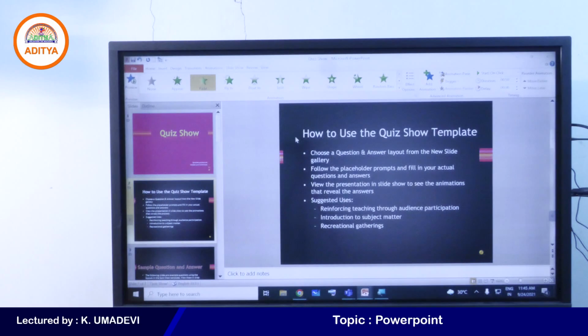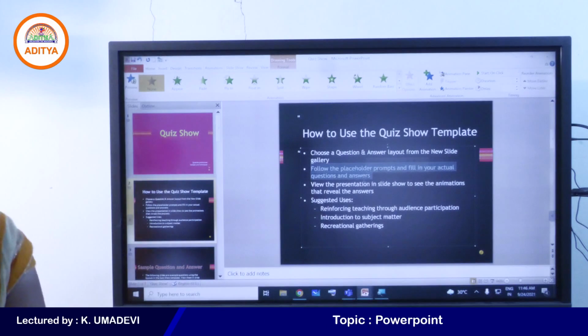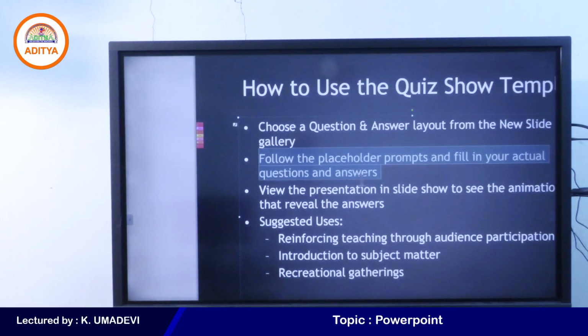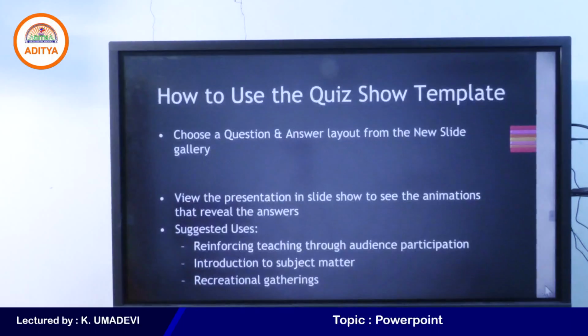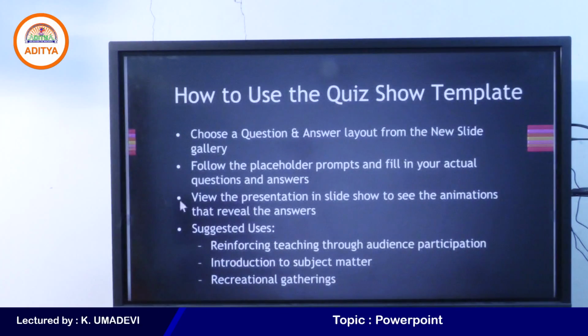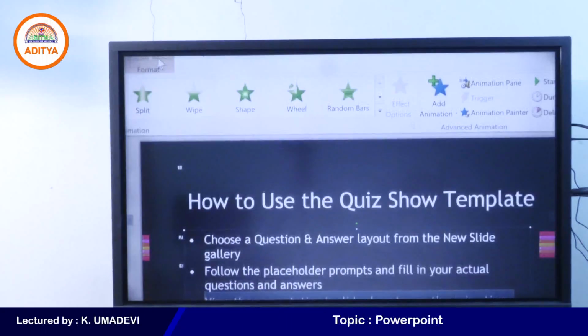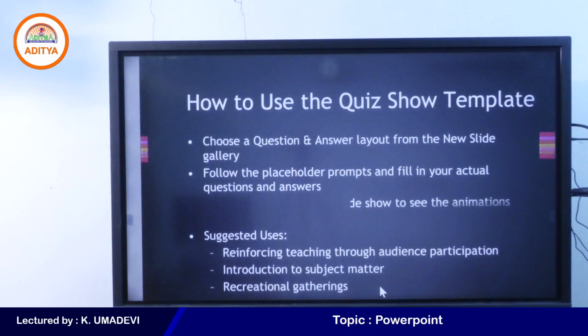For example, here I will select fade, and for the first line I want to apply flying. For the second line I will zoom the screen. Okay. For the second line, here I want to apply shape. Again, third line, I want to apply wheel.